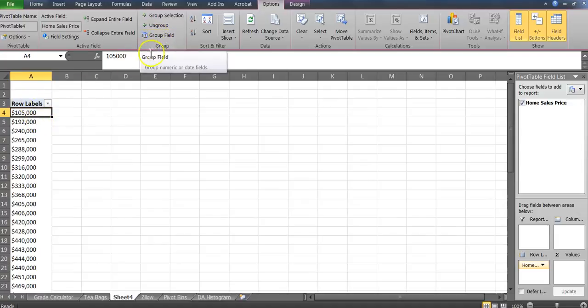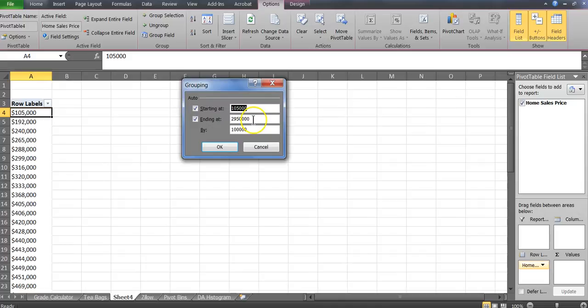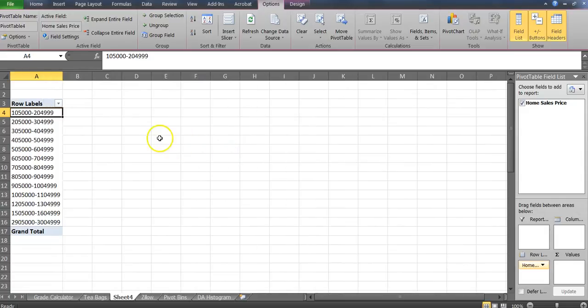So we're going to go up here on the pivot table tools options, click group field, and it automatically knows what the lowest end of the data is and what the highest end of the data is. And then this is what the grouping. So the by 100,000, if I click OK, and again Excel figures this out for you automatically, it gives you bins. Now this looks a little too much, there's too many bins here, so we're going to ungroup